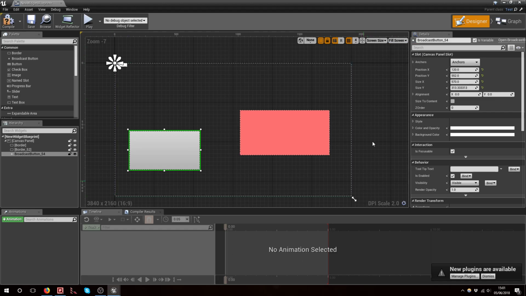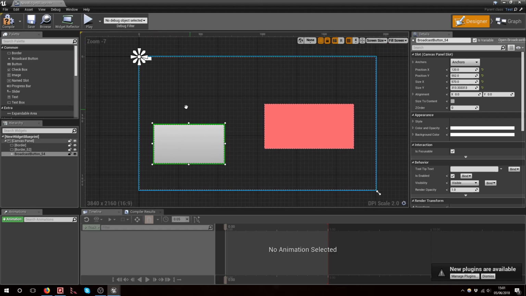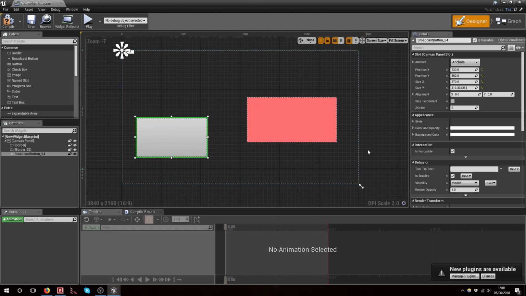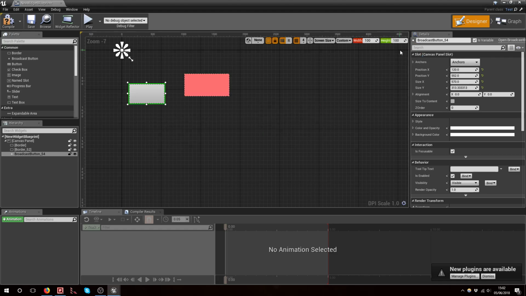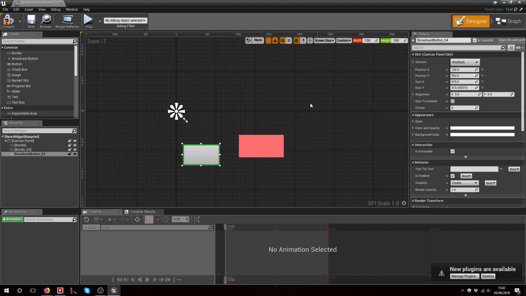Full screen by default will give you a 1080 standard shaped screen rectangle, but it's not a good idea always to rely on that. Also it should be noted that if you set a custom size here, say 1000 by 1000,